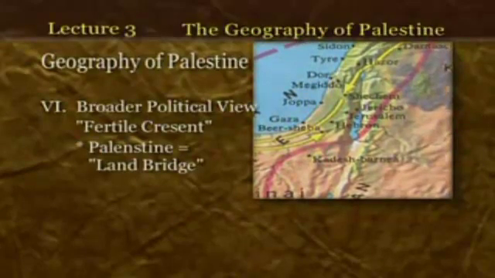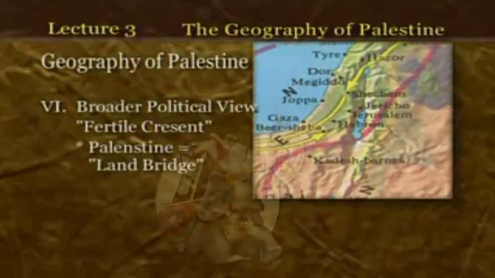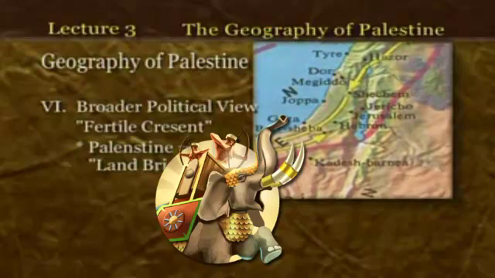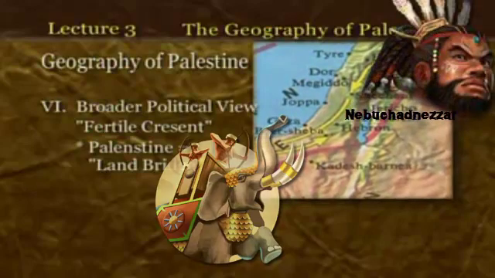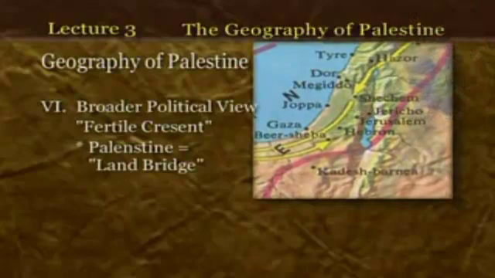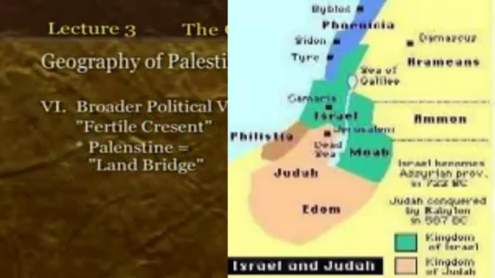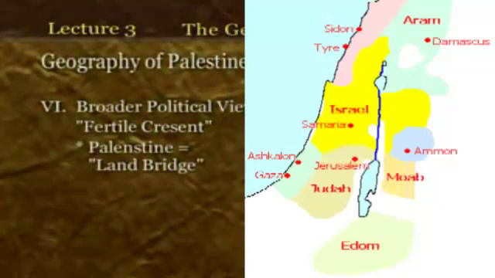And what this means is that Palestine, as a land bridge, was a territory caught in between very strong political powers, the quote-unquote superpowers of their day. Egypt down south, and then Assyria or Babylon over here in Mesopotamia. And they would converge here in Palestine often. And that meant that on the one hand, Palestine was left kind of marginal, and so these little nation states would crop up and did develop.